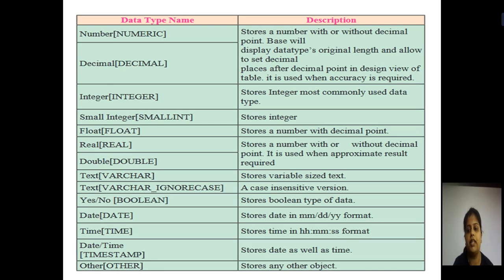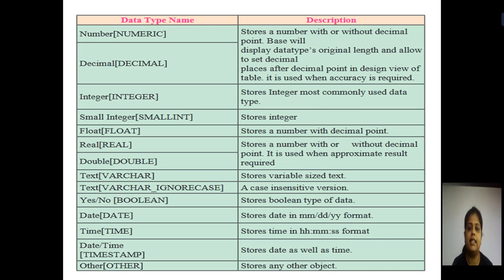To obtain the accuracy, the base converts your original numeric into decimal form. So the meaning of data type number and decimal is a little bit similar. You'll just have to remember, this data type will store a number with or without a decimal point. But as we are using the base data type, the base will describe the original length, and it will allow us to set decimal places after the decimal point, which you will view in the table design. In that you can see the accuracy will be required if you place the decimal digit.